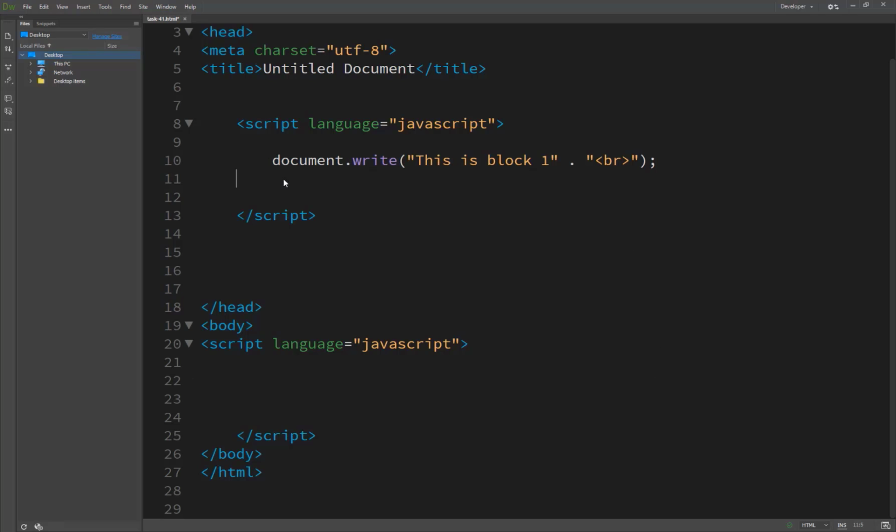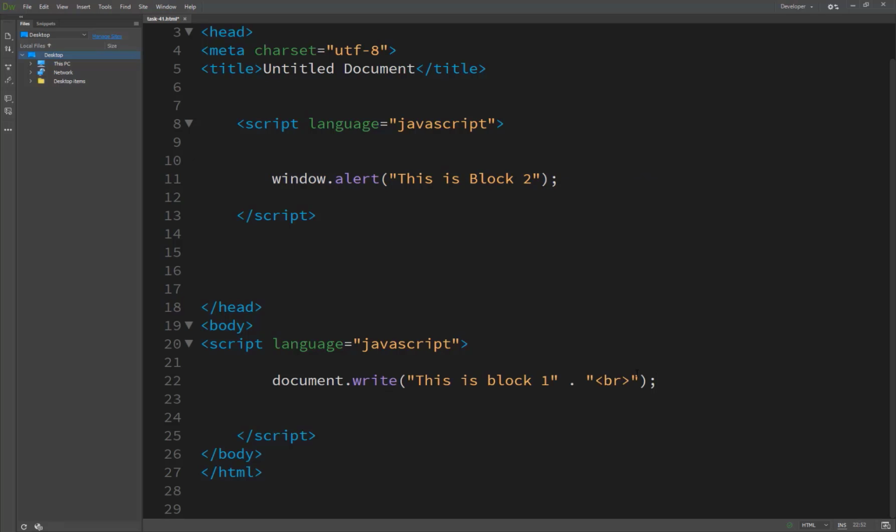Inside here, this is task 1, and after that we have task, and we still have no need to do this.